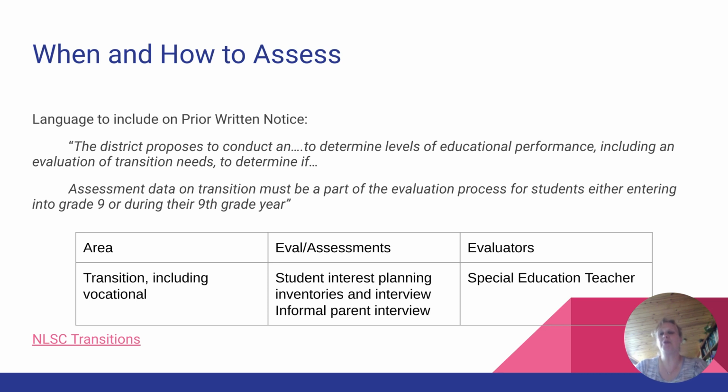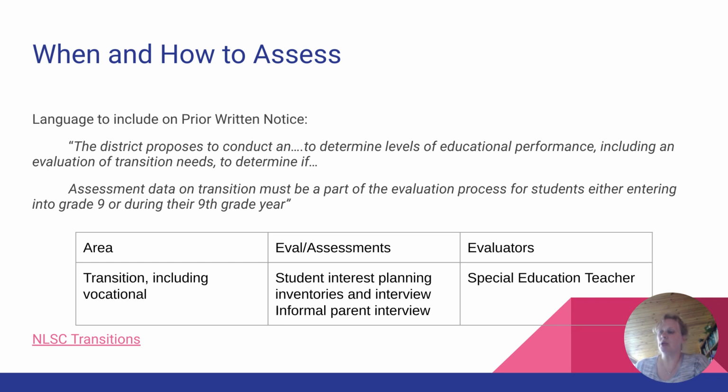So when and how do we assess students for their transition goals? Well, the IEP team must evaluate a special education student for transition by the 9th grade, and that's per Minnesota law. If a student is due for a re-evaluation or is receiving a first evaluation in 7th or 8th grade, teachers should also do a transition assessment. Now, when case managers send that prior written notice, they must include language that states that they are also assessing for transition needs. I've included a brief example of that language here.